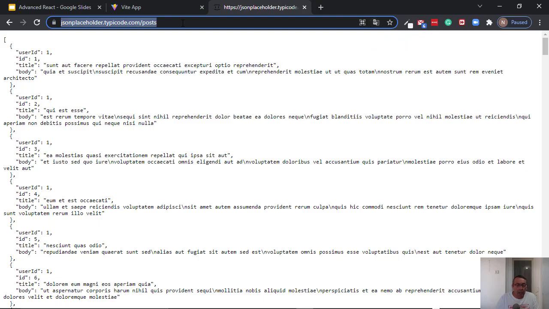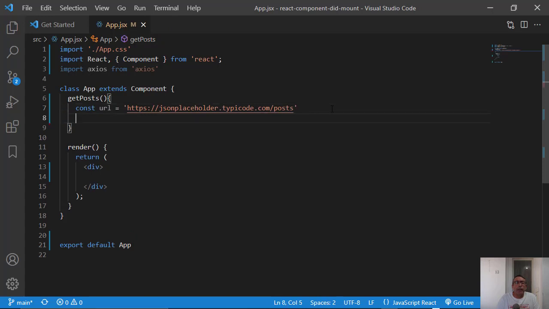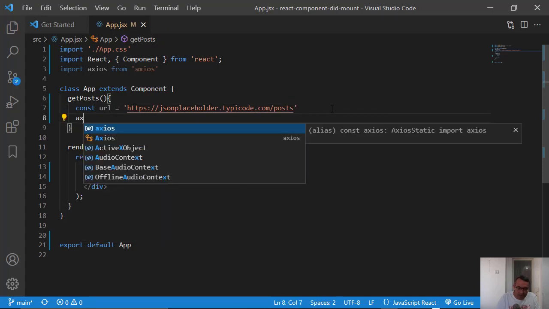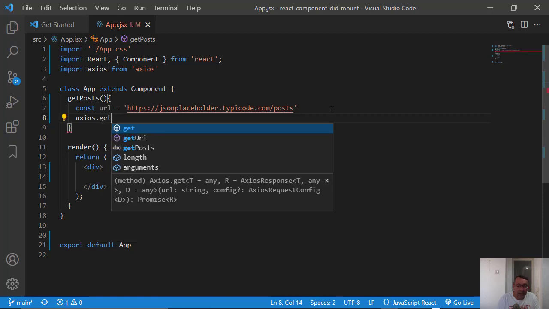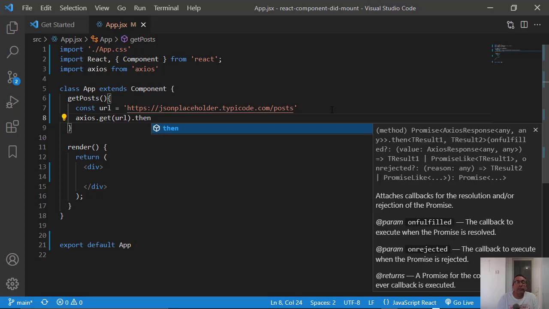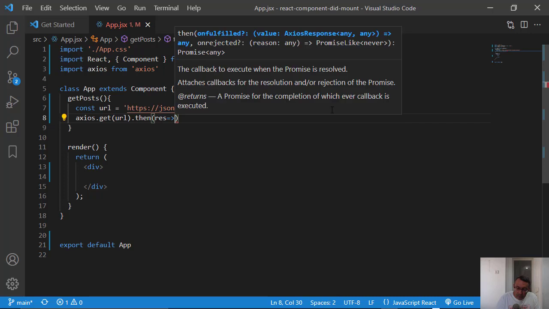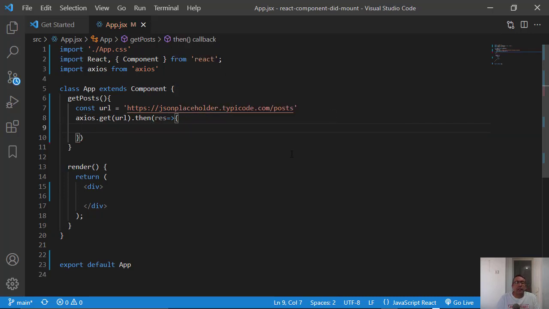we need to take this URL and now let's do axios.get(URL).then(response,